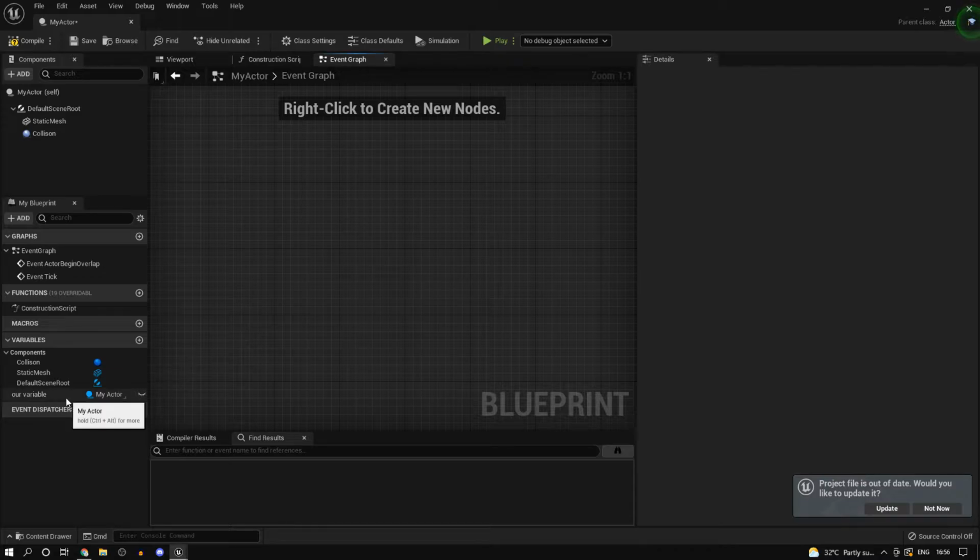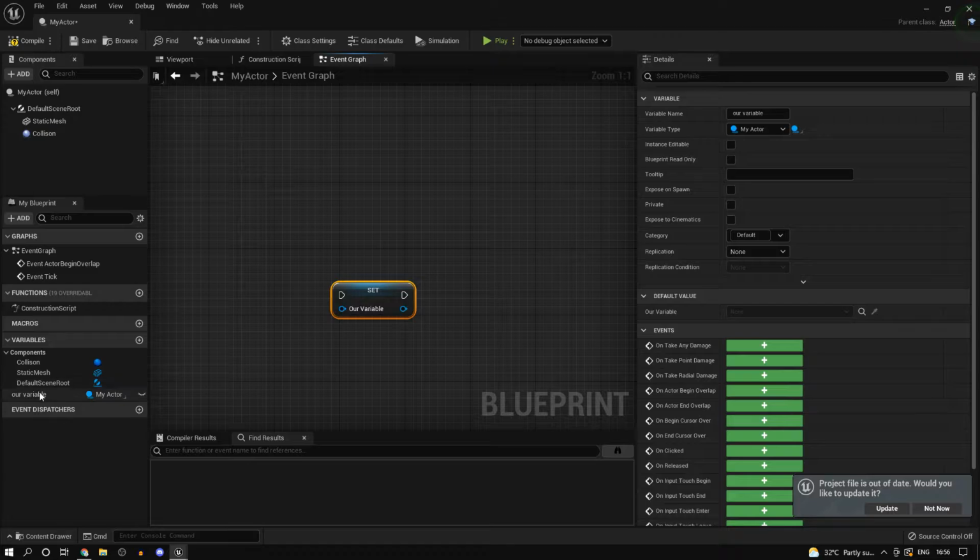In order to actually set any variable, grab the variable, hold alt and drag it in, or you can just drag it and type in set, or select the option set. If you control drag it, however, you can get a reference to it. But remember, with objects, if you haven't set it to anything, by default they'll have a value of none. So it means